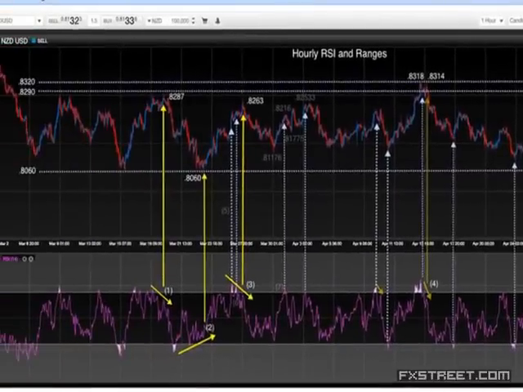So we'll now move on to the RSI. We're going to look firstly at the hourly RSI. Again, we're looking at the signals after we've seen the support and resistance. Arguably, we could have put on a trade, and I'm calling that the first trade here simply because it had come off this